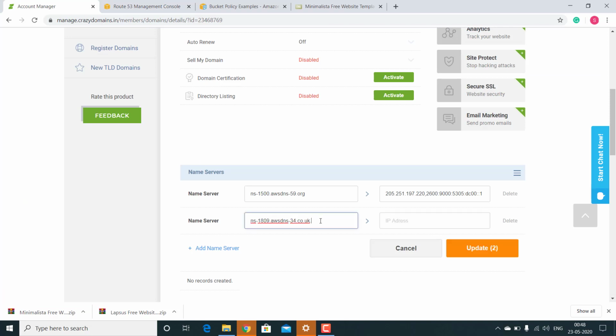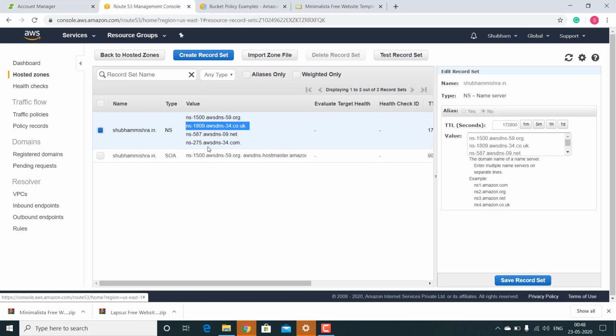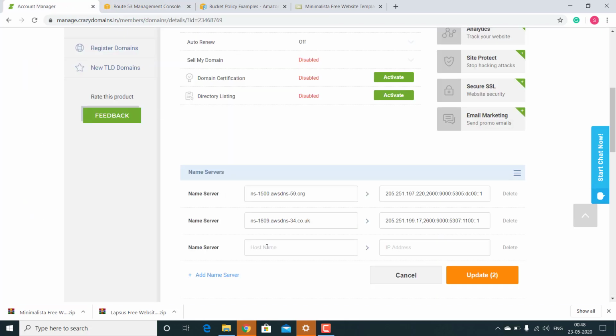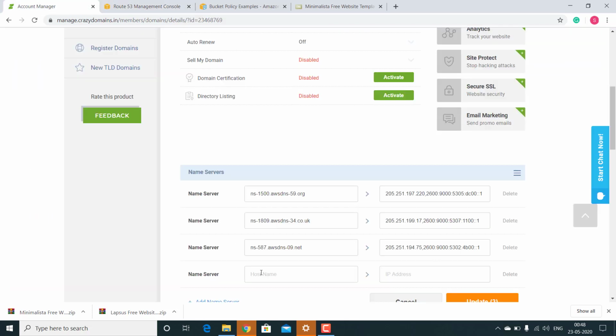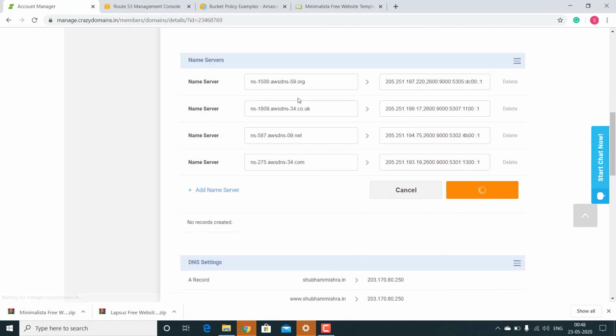Make sure you remove the full stop. Now click on update. That's it.